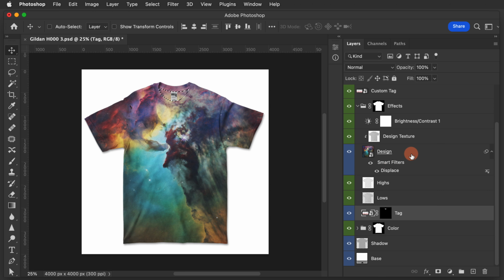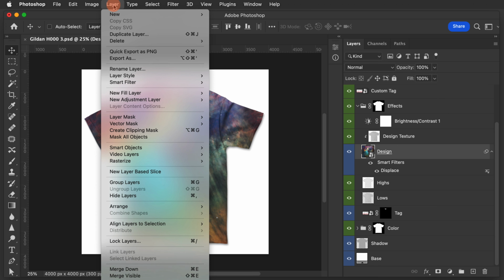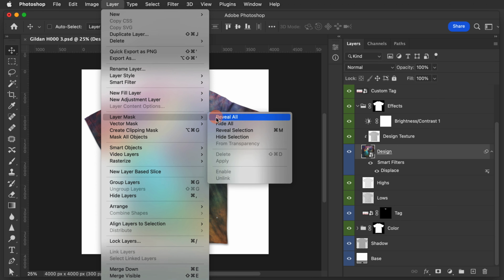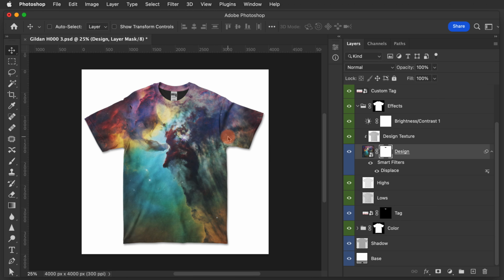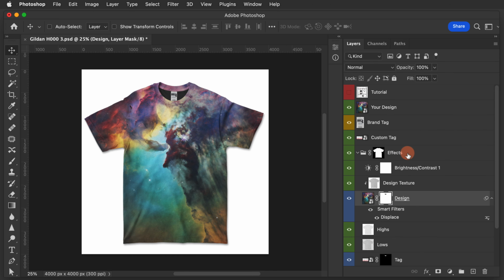So we're going to click on the design layer, come up to Layer, Layer Mask, Hide Selection. And now that's hidden. You want to make sure that you do this on the layer titled Design, not Your Design. Your Design is just a shortcut layer. It actually has no opacity and no fill. You want to do it on the layer titled Design inside of the Effects folder.